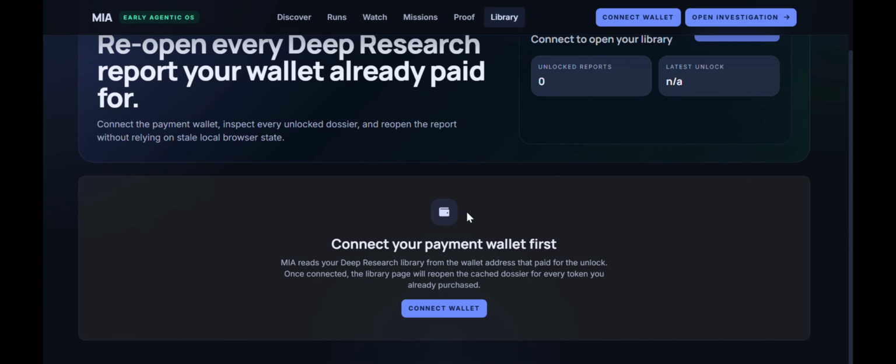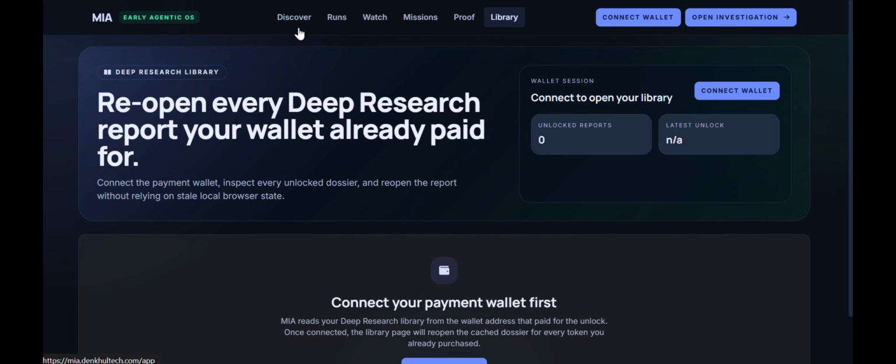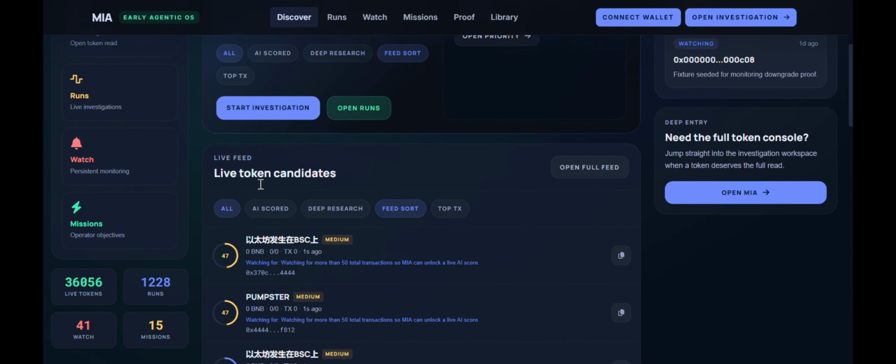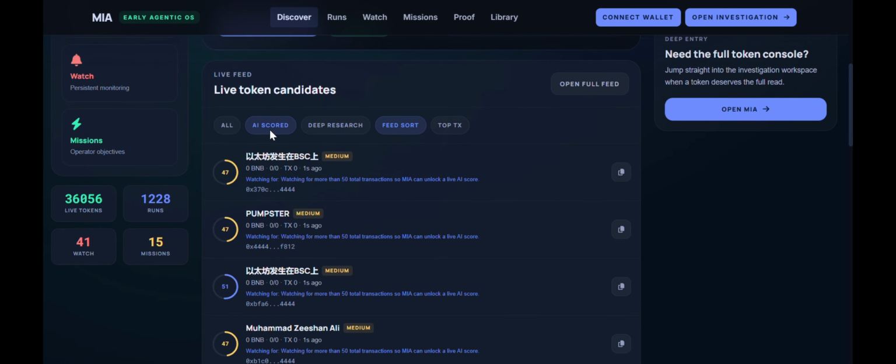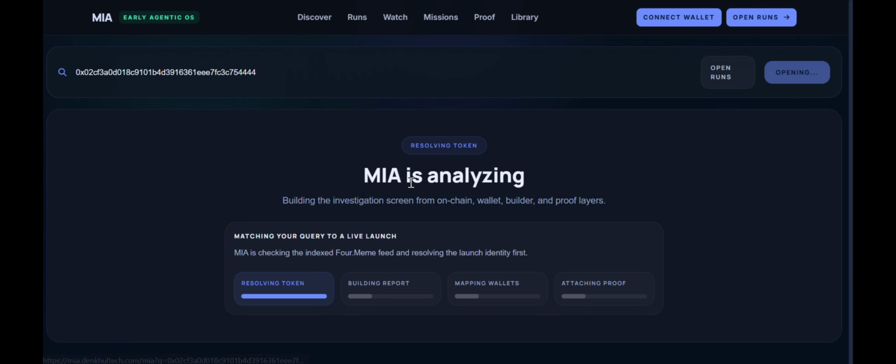That is what makes MIA different from dashboards, chat wrappers, and disposable reports. On top of that, MIA includes Ask MIA, which is not a disconnected chatbot layered on top of the product. It works from the same live investigation context. It uses tools, operates